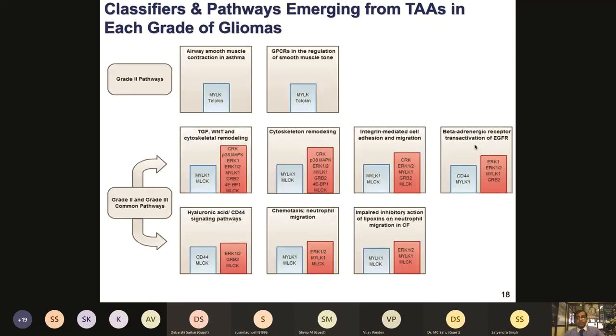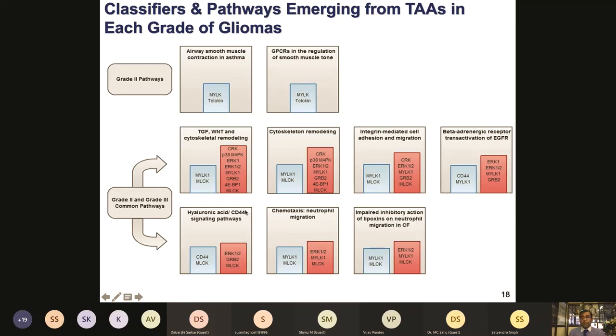But while doing this kind of analysis, that's where the network and pathway analysis comes into play. We analyzed the entire data and looked at how, grade wise, we can see the disease progression happening. So let's say in grade 2, we could find some GPCR signaling pathways and smooth muscle contraction, some of these pathways based on these protein markers. Those were quite upregulated. And as the disease was progressing from grade 2 to 3, we could see that on the intersection of grade 2 and 3, there are some proteins which are showing change.